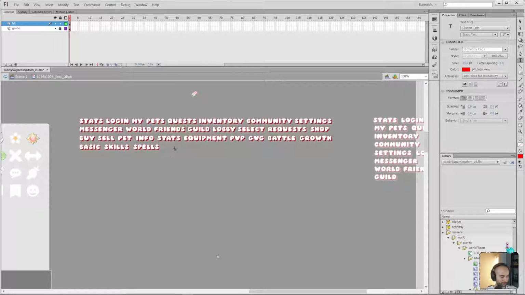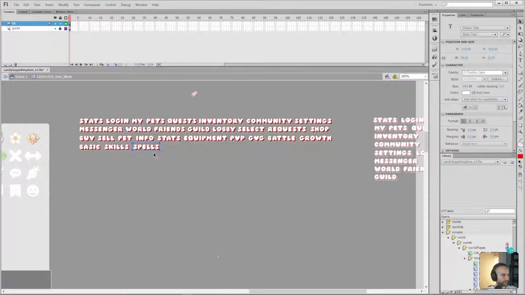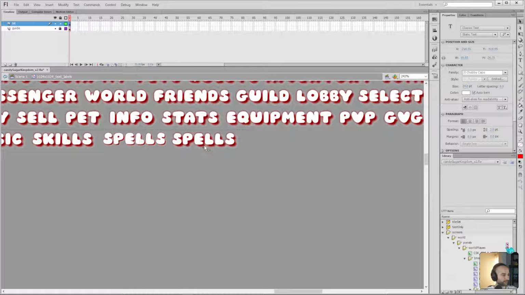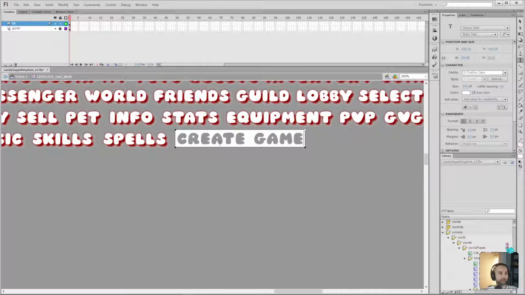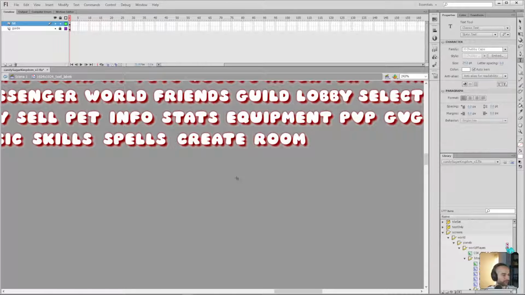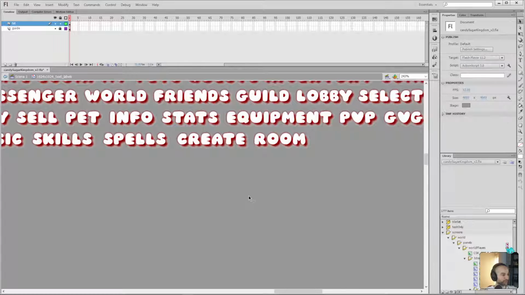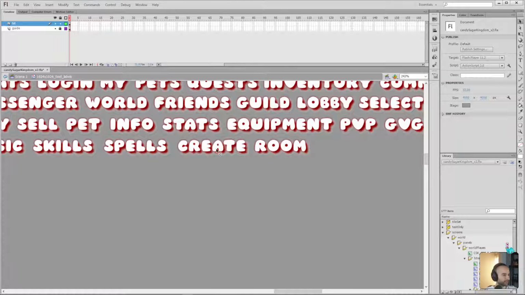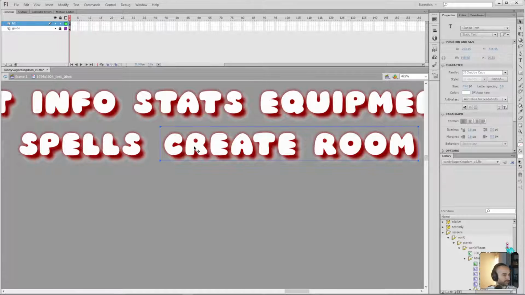So we'll add it to here. Oh, create room. That's right. Not create game room. Just create room, I think, is more than adequate. Let's tighten this up just a little bit.